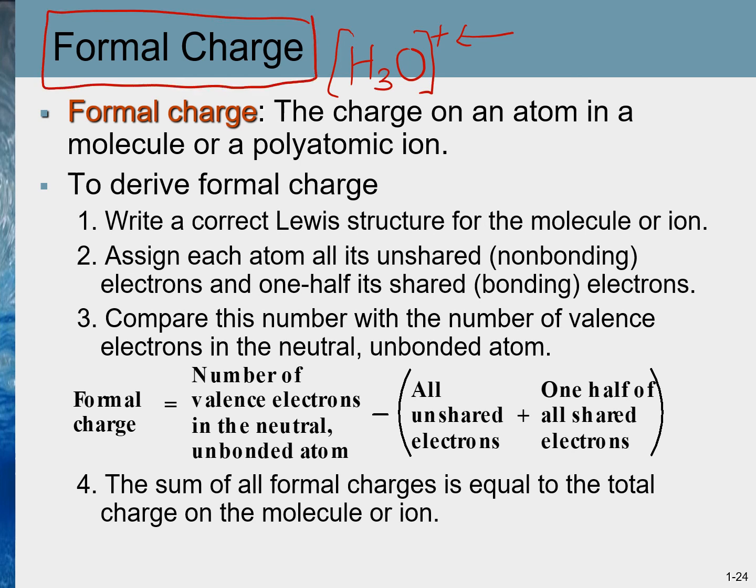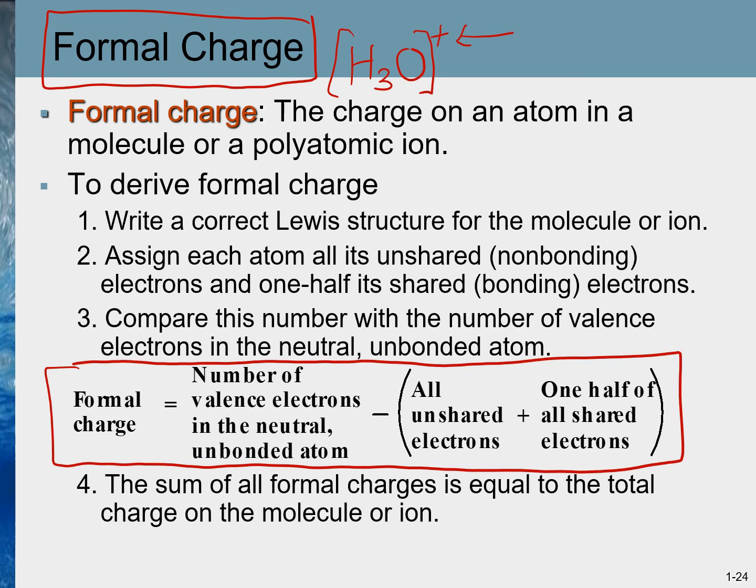In order to determine which atom bears the formal charge, first we need to write the correct Lewis structure. After we write the Lewis structure, formal charge can be calculated with the help of this formula. So let's try to figure it out in the case of the hydronium ion. The Lewis structure of the hydronium ion is this. Let's calculate the formal charge on oxygen. According to the formula, formal charge is equal to